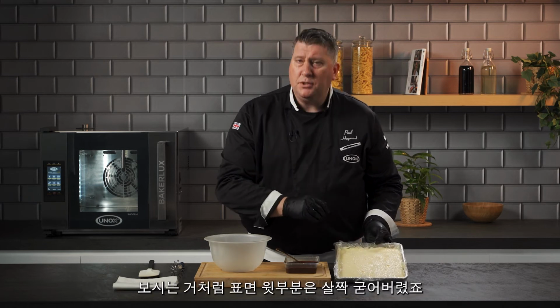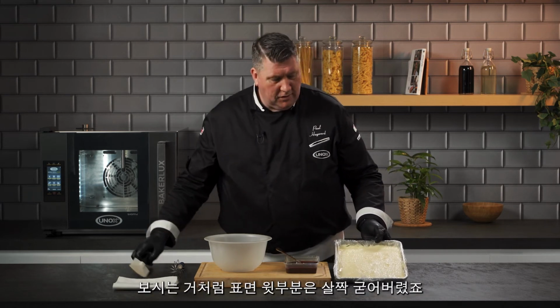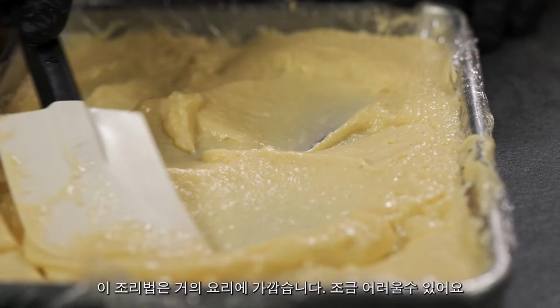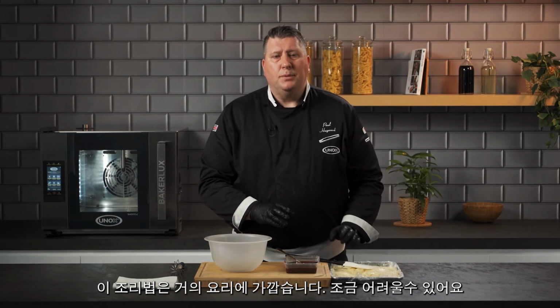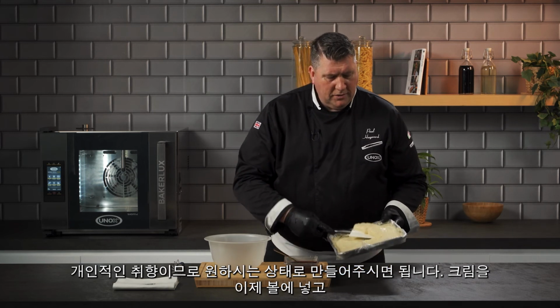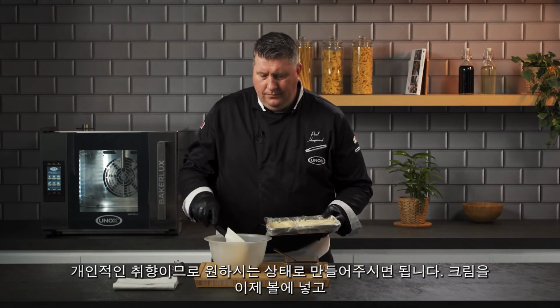We've removed the top sheet of the pastry cream, the cling film that was on the top. As you can see now, it's firmed up nicely. So this one is more of a culinary recipe, where when I say culinary, it's nothing really weighed out. It all depends on the customer, because the chocolate is quite strong. The custard, you can have it very light in chocolate, or you can have it very dark in chocolate, depending on your personal preference. So all we're going to do is take some of the pastry cream,